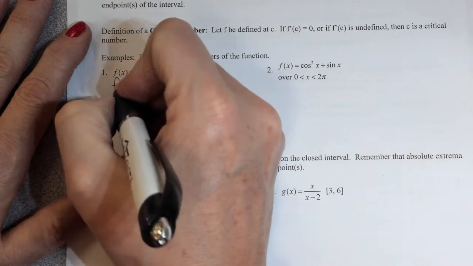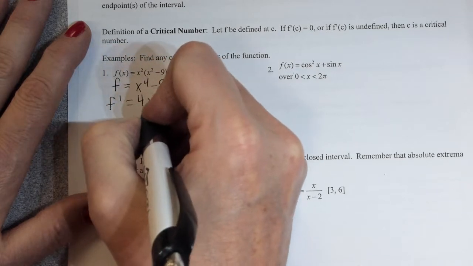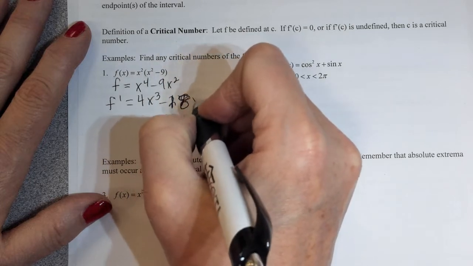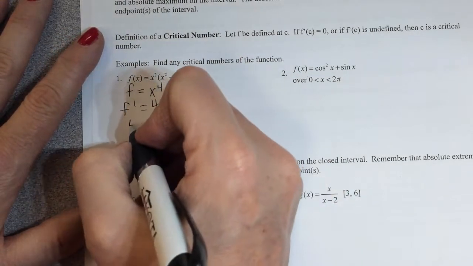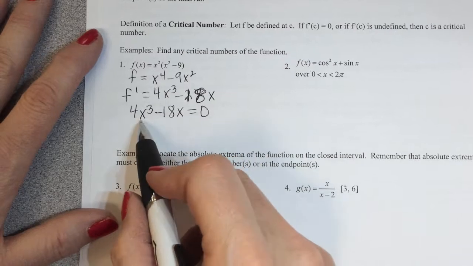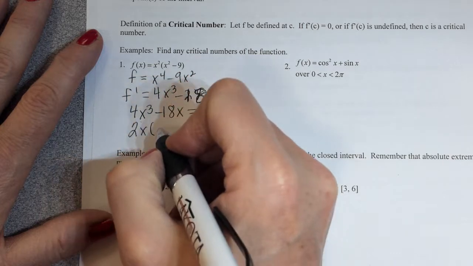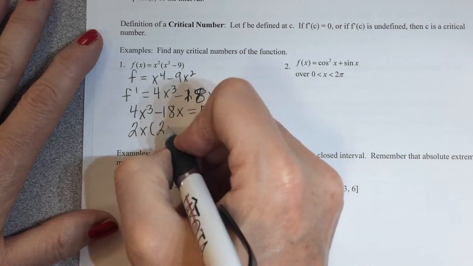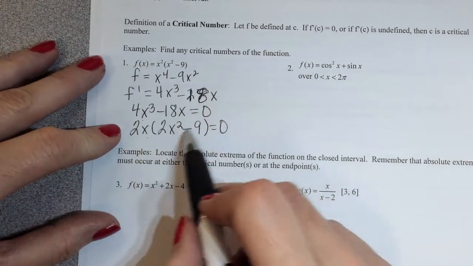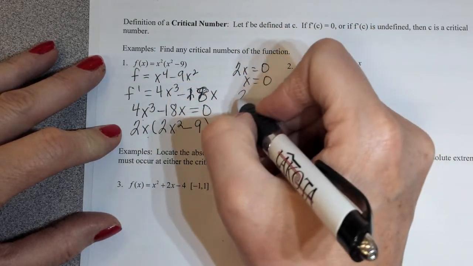So on this one, I'm going to multiply it out. I'm going to take the first derivative, and I'm going to set that equal to 0. So I now need to know what are the values that are going to make this be 0. So I'm going to keep factoring. I'm going to take out a 2x. And so now I have to set each of these equal to 0. So solving the first one, I get just x equals 0. Solving the next one,